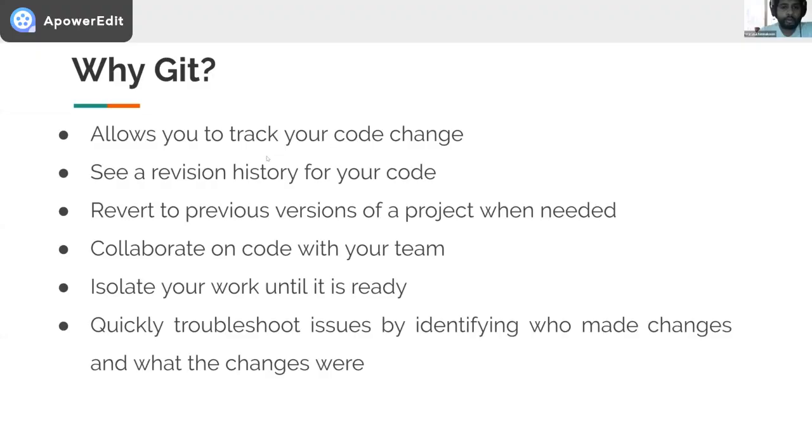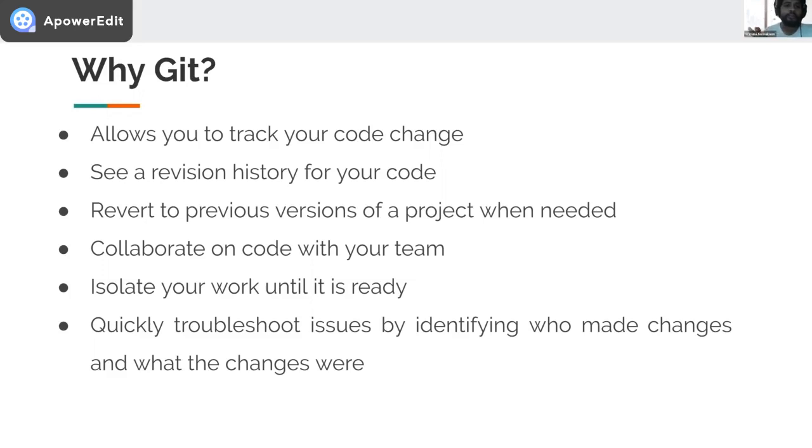And out of this session, I wanted to let you know what the benefit is of using Git or any version control for that matter. Git obviously is used widely in the industry. Most probably you will be using Git when you start working in the industry.